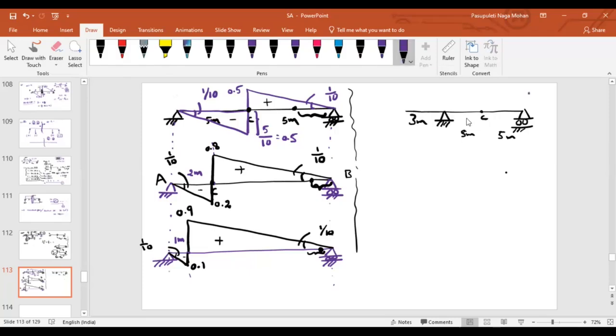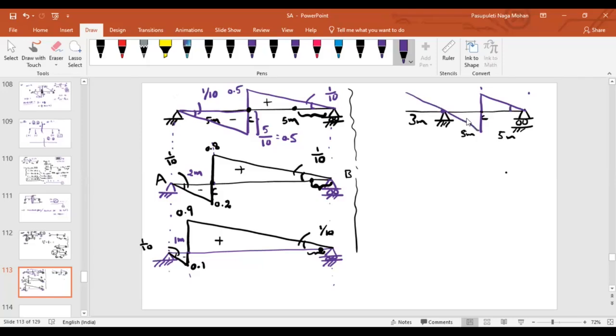Now, again, if I want to draw ILD for shear force at point C, how is it going to look? I will cut the section. The right side part I will move upward, and the left side part I will move downward. This is the deflected shape. What about the overhanging part? It will deflect upward. This point will not move anywhere. So obviously,